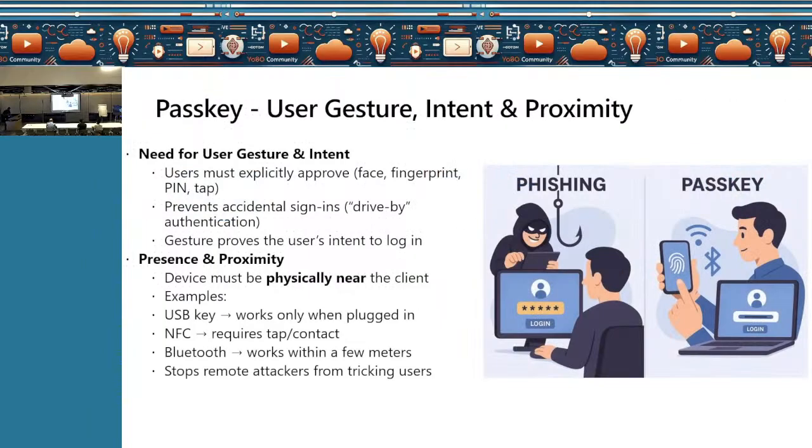So what I'm trying to say is, this gesture is powerful. It proves the intent that it's the user saying, yes, I want to log in right now. And then comes the cryptography, which is signing and verification, which happens silently. The reason why this is great is because it does not trouble the user, right?